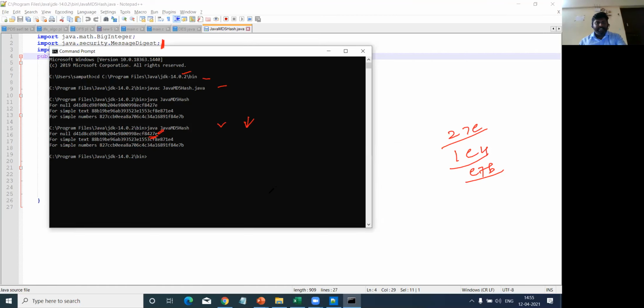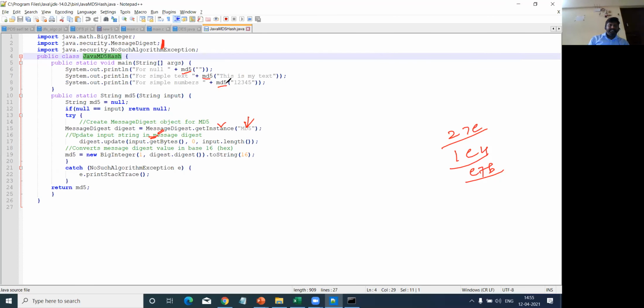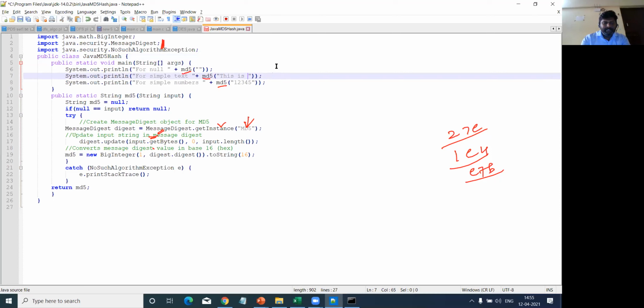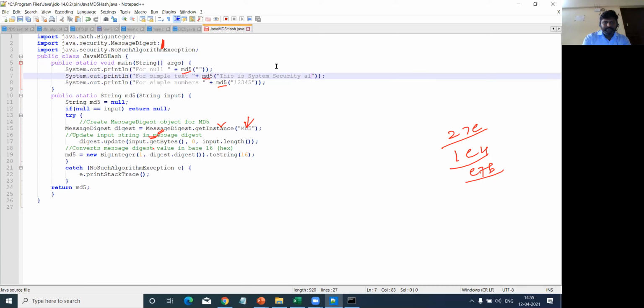Suppose I'm making any changes in my program. Instead of the null value, which I cannot change, the null value will be as it is. Suppose I'm making changes in the input value. Here, instead of this text, I can change the value to 67890.